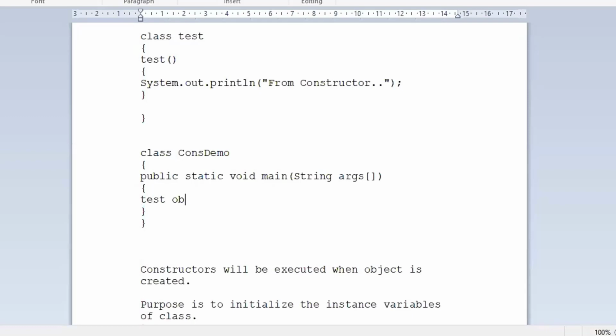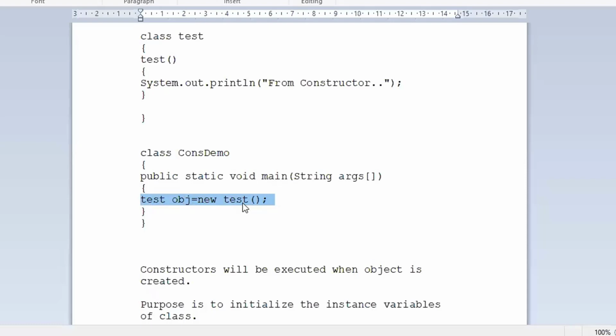Test obj is equal to new Test. Test obj is a reference for this class Test. When you say new, physical existence is created for this object, and at the same time it will call the constructor.